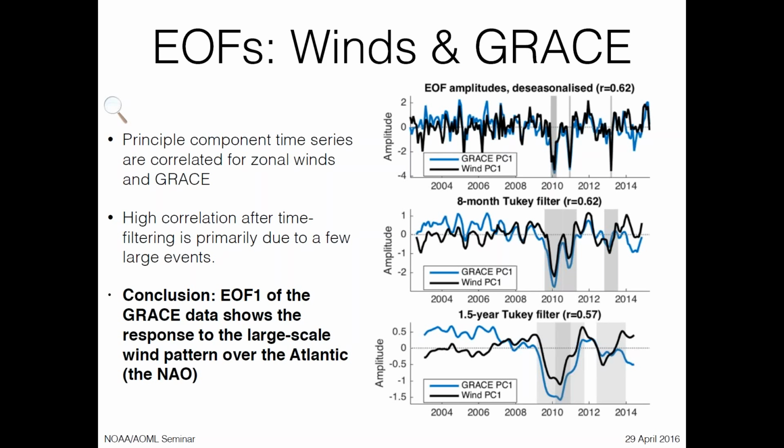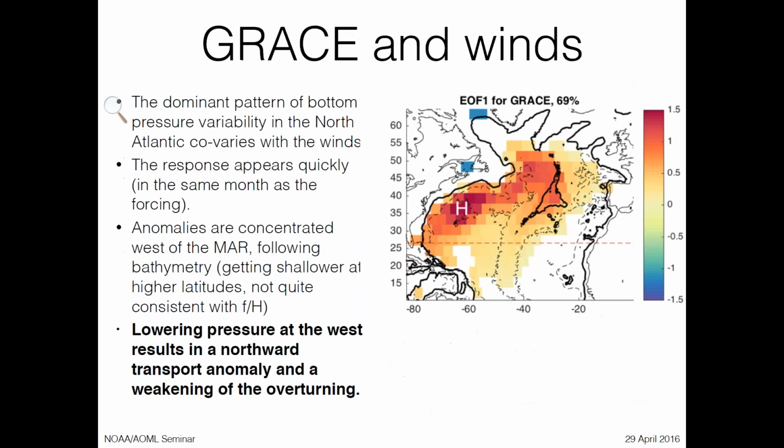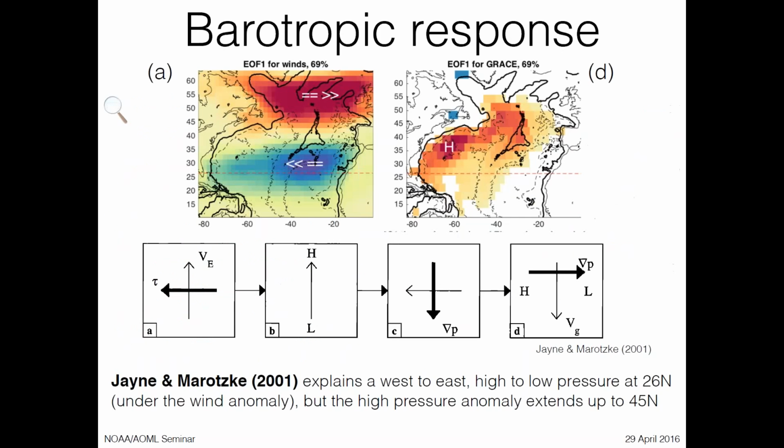And this gray bar here is showing, as you apply each of these filters, how broad the influence of these peaks gets. When it's monthly, the influence of the peaks is narrow. When you filter with 8 months, it gets broader. And when you filter with 1.5 years, these things are smoothed into what look like large duration anomalies. But all you've done is filter high frequency variability. Okay, so